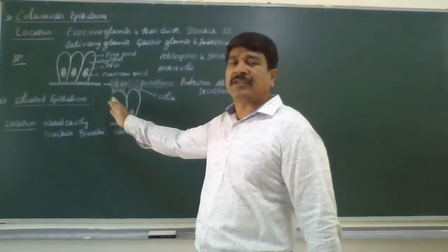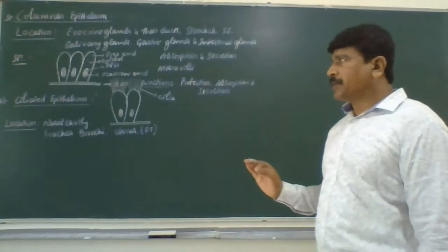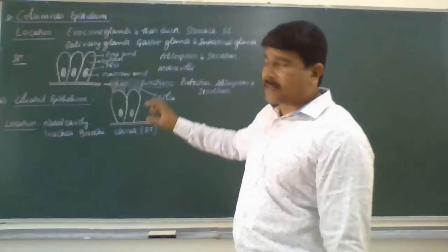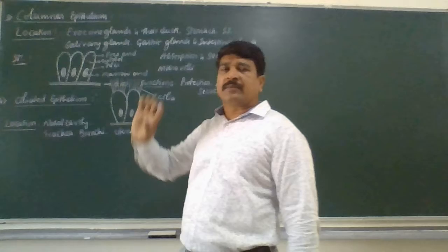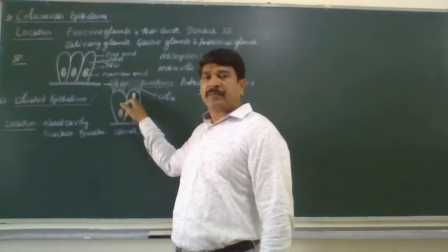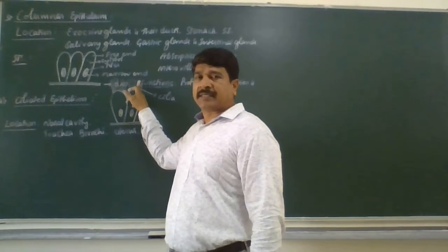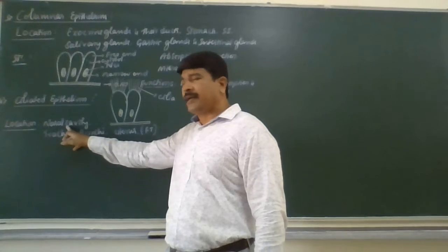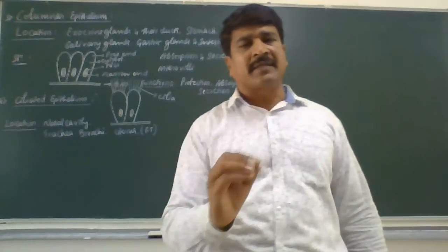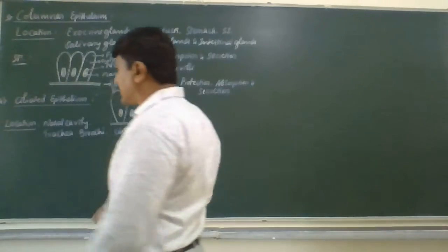So that is the function of the ciliated epithelium. I'll repeat once again. Ciliated epithelium is a modified columnar epithelium. The characters of the ciliated epithelium are exactly similar to the columnar epithelium. The difference is that the broad free end of the cells bears numerous hair-like protoplasmic outgrowths called cilia, always present in moist regions of the body. Cilia help in elimination of foreign substances from the body. Clear? So this is the ciliated epithelium.